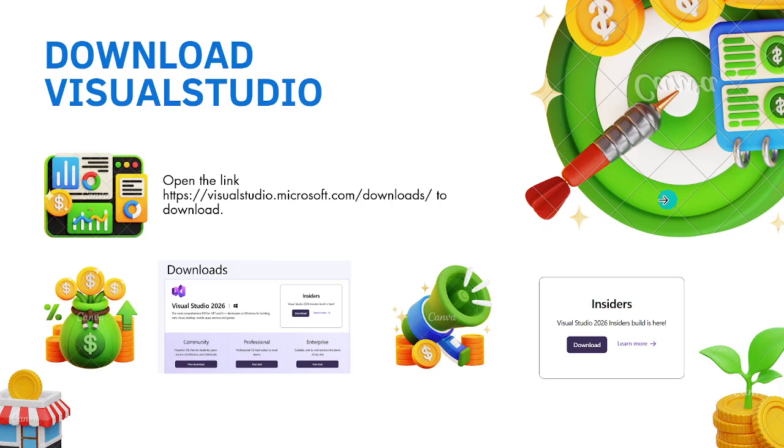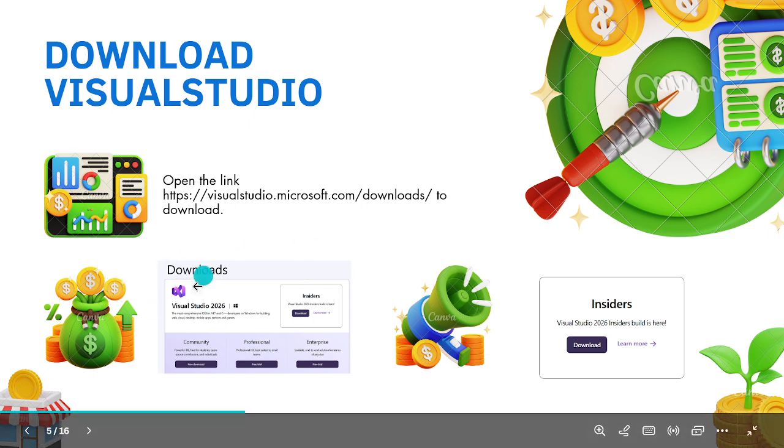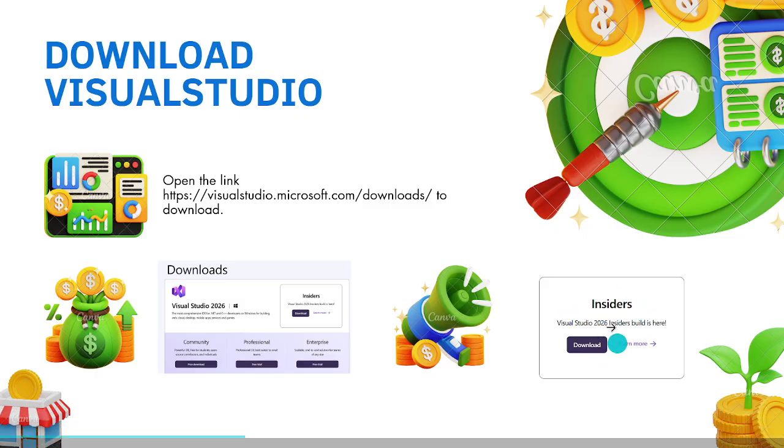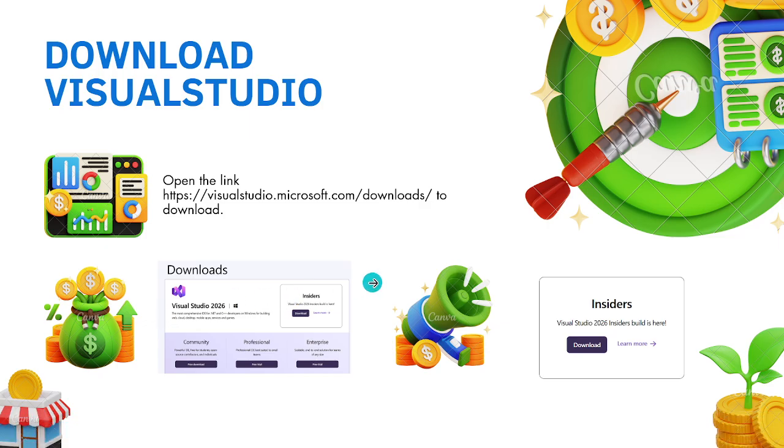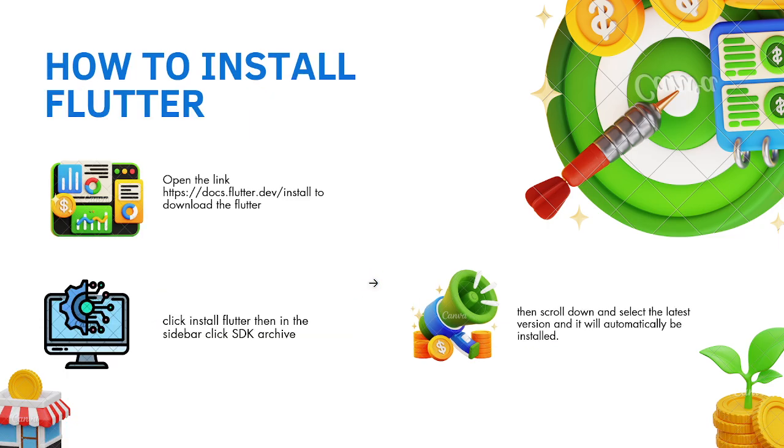After you download and install Visual Studio Code, next is to install Flutter.